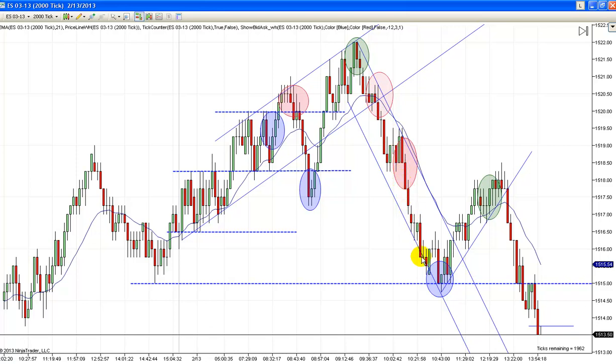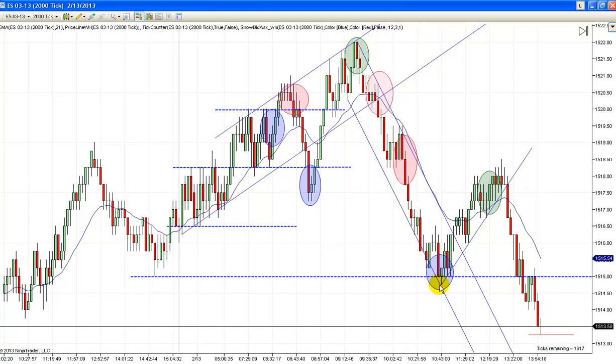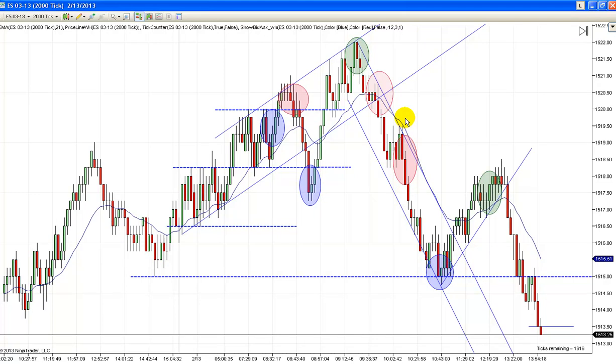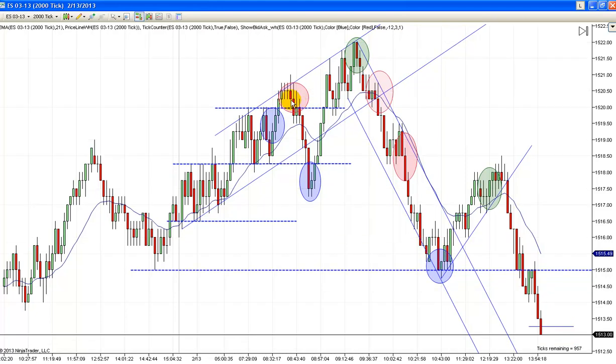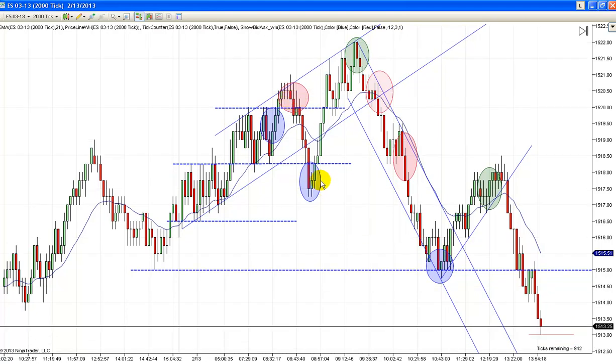Again, you don't know that it's going to run off like this, but it did. And you were able to ride that all the way down. If you caught that, that was the best move of the day. This one allowed you a little bit of a runner. This one,